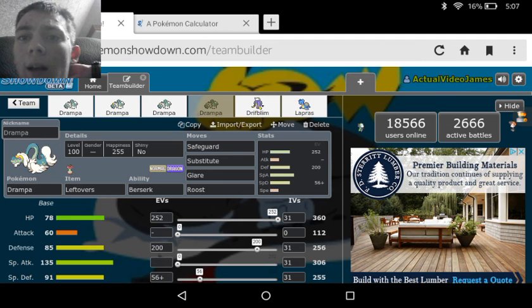And then we've also got Substitute, just to kind of save ourselves, so that we don't get hit that often. And again, we've got Glare and Roost, and the idea behind this Drampa is basically just let your teammate do all the hitting. With this set, you're going to be providing help, and your teammate's going to be chewing up the opponent